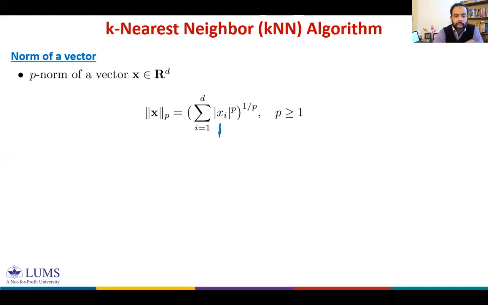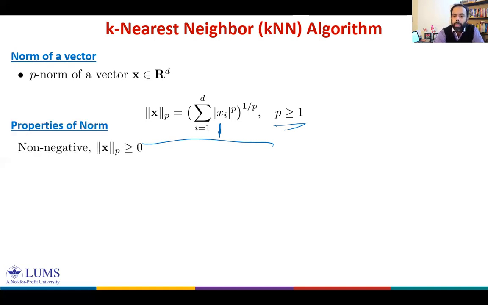This is the definition of the norm, and we call it a norm for p greater than or equal to 1. Given this definition, there is no restriction, so you can take the value of p less than 1, but for p less than 1, we do not call it a norm. We call it a norm for p greater than or equal to 1 because of some of the properties of norm. These properties are very, very important. In fact, any function that satisfies these properties is called a norm.